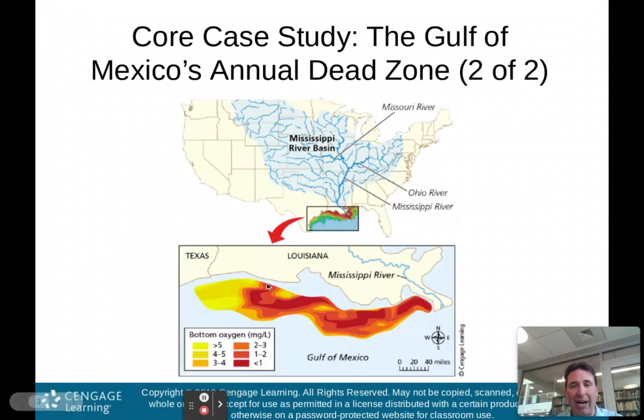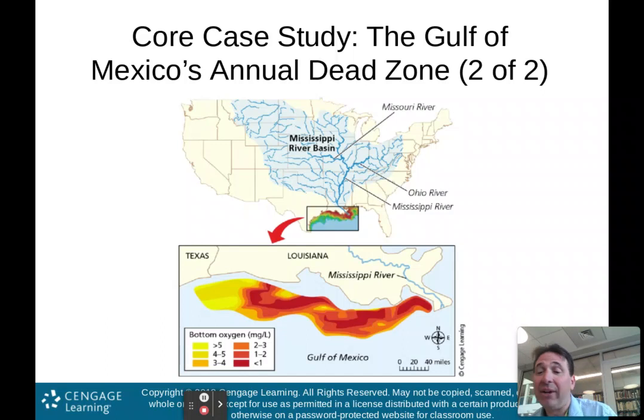So what are we talking about? We're talking about this area right here, just south of Louisiana in the Gulf of Mexico. And again, this is the entire Mississippi River Basin, right? A huge swath of the country. All those rivers drain into the Mississippi River at some point. And so all the nutrients coming from farmlands in the middle of the country eventually make it out into the Gulf of Mexico and cause this area with very low oxygen, and therefore it's called a dead zone,